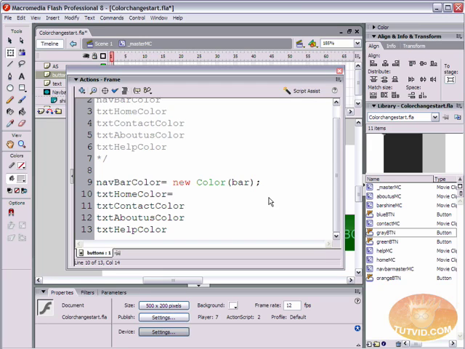So here we're going to say equals new color. And our instance name of the home text was just home. I'm going to duplicate that here. We're going to say new color and contact. By the way, notice I'm putting semicolons at the end of each line of script. That's a must when you're scripting in Flash. About us. And the last one,